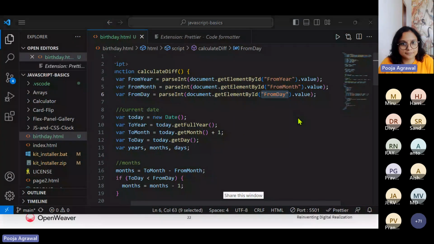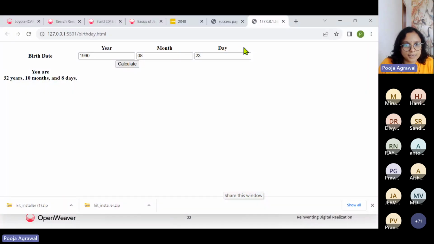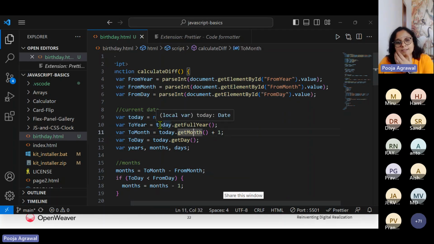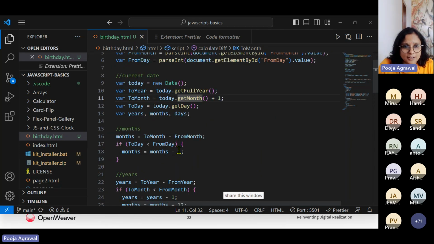You see that the year, month, and day is what we wanted to be displayed. So first of all, the current date. And it has all been defined here. So today, to year, to month, today, and years. These are a couple of variables that are required and defined here.